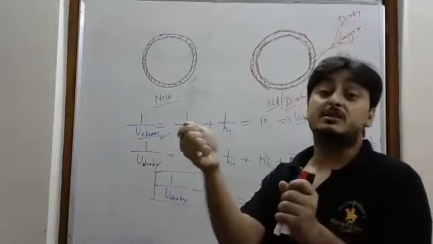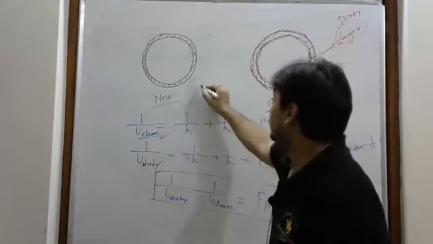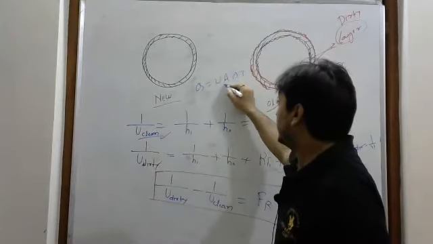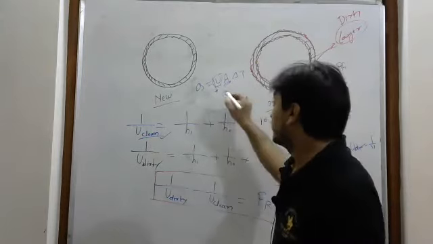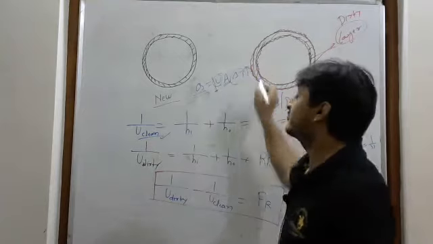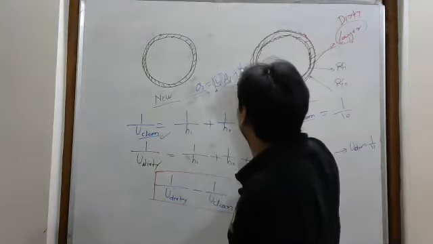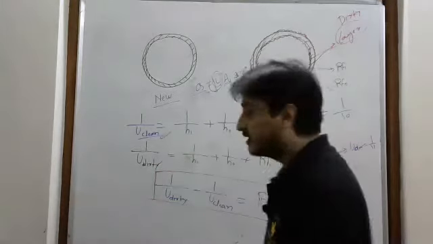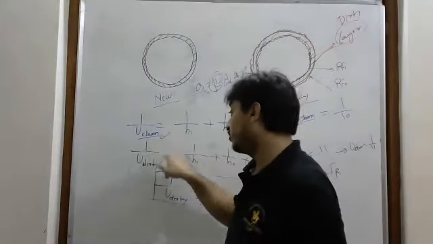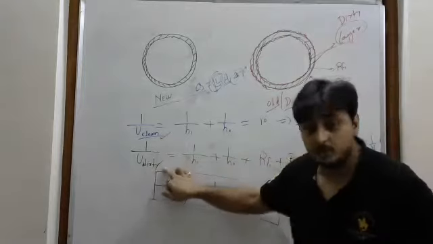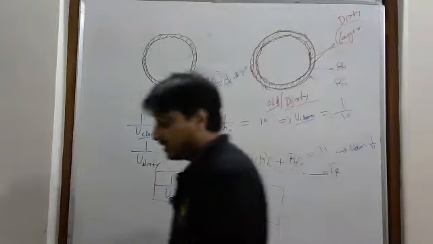If you want to transfer that much, you have to apply more temperature difference. Heat transfer depends on UA delta T. The surface area is fixed, we are not changing it. If U is decreasing and you want the same heat transfer, you have to increase delta T. But here temperature difference is also the same, so heat transfer will decrease, because one more resistance came. But why did you get confused? Because of 1 by U. The 1 by U value is going to increase, but the actual U value is going to decrease.